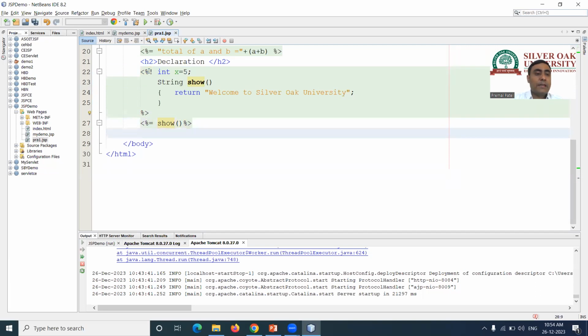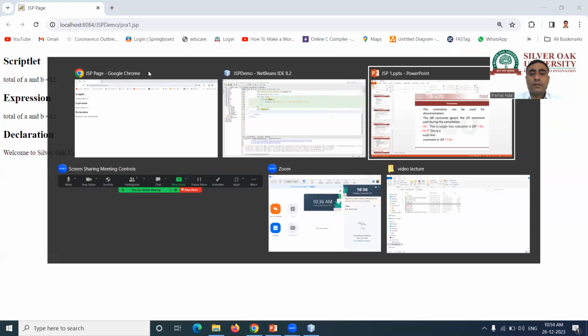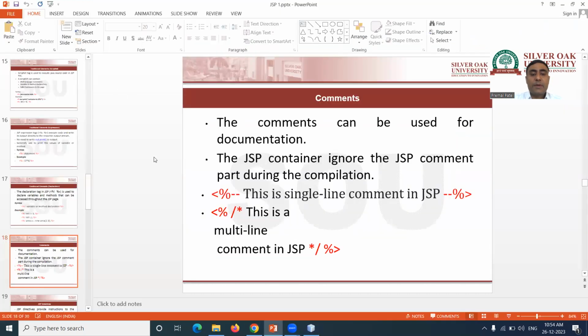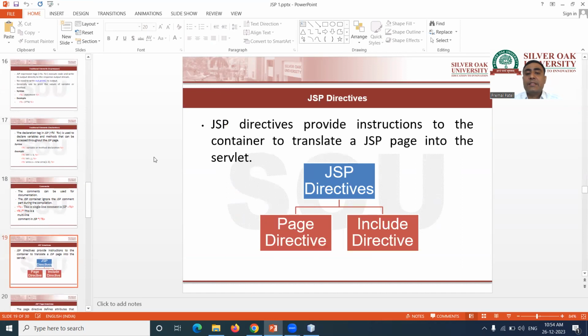Now, what is the next portion? So the next part is JSP directives. Now, this is also a very important portion, the directives, which provide instructions to the container to translate